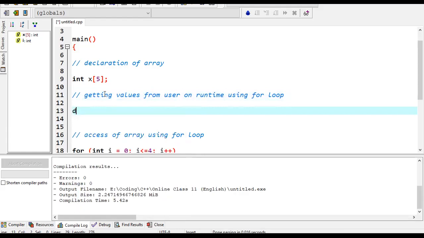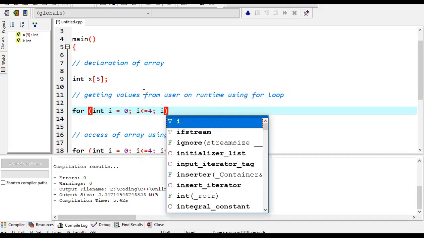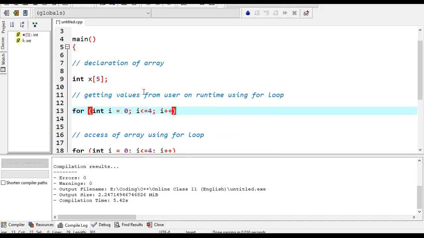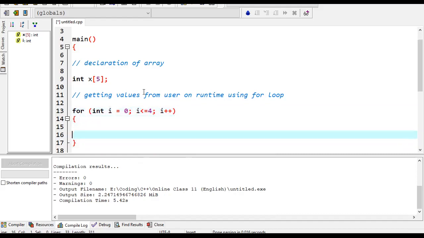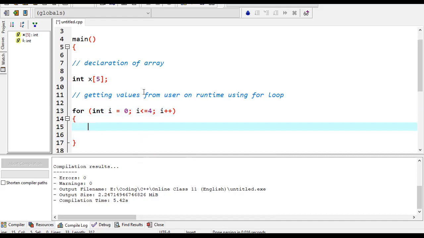So how do we do that? Just simply type for loop here, apply a for loop, and then int i equals 0, the same as for accessing an array. The condition is the same here, and the i value is incremented by 1. In this body I'll simply tell the user to enter value